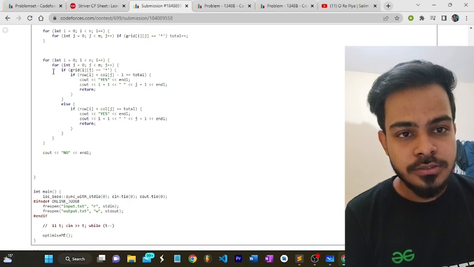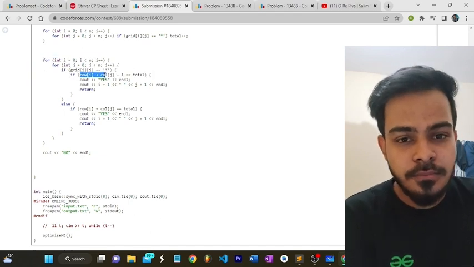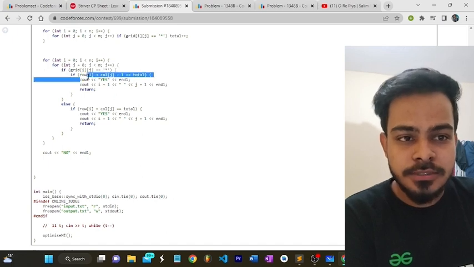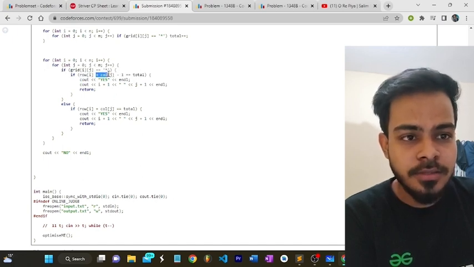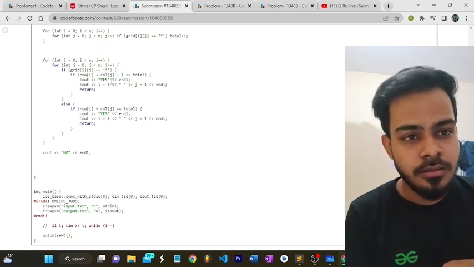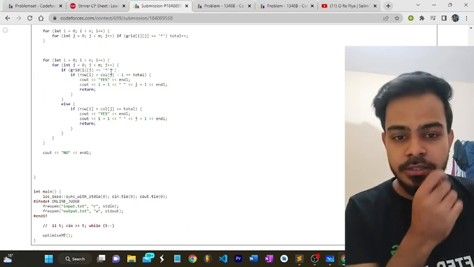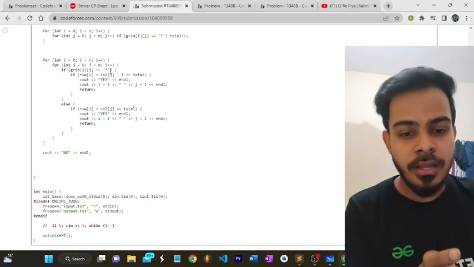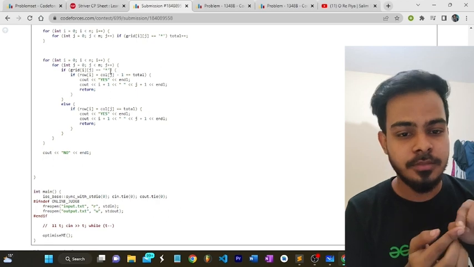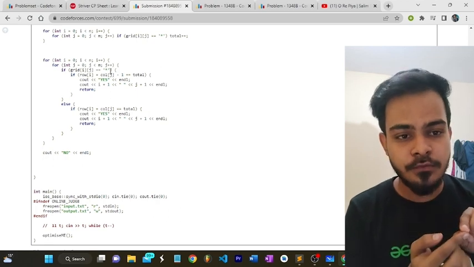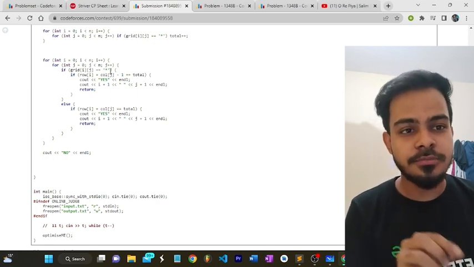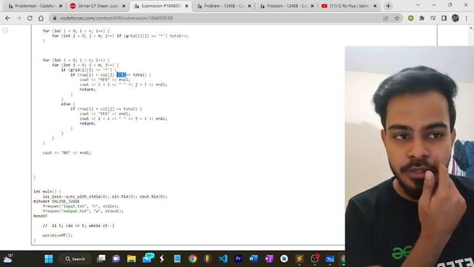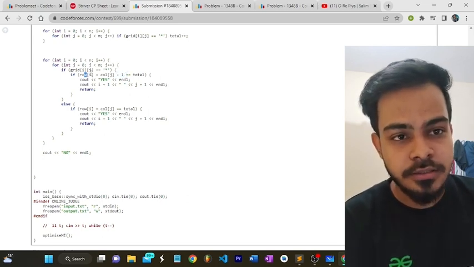Okay. So how I'm doing that, let's understand it. So I start traversing the grid and checking all the houses present on that row and that column. And why am I doing the minus 1? Because let's suppose there is a house present on the grid cell on which we are placing the bomb. So when I count the number of houses in the row, and when I count the number of houses in the column, the cell on which we are right now will be counted 2 times. So I have to subtract 1 from the total number of houses which we are counting here.